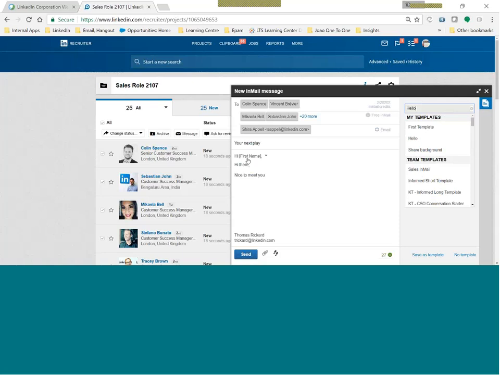You'll see the hi first name. That will change depending on who it is you're sending it to, so do not worry about that. But this is where you save templates and you send out mass communication. We do run sessions on best practice for in-mails, so it would be great if you guys come along to that. But just in short,